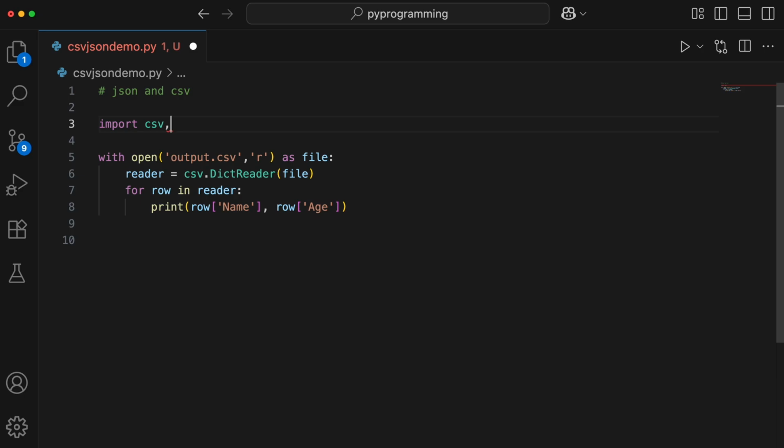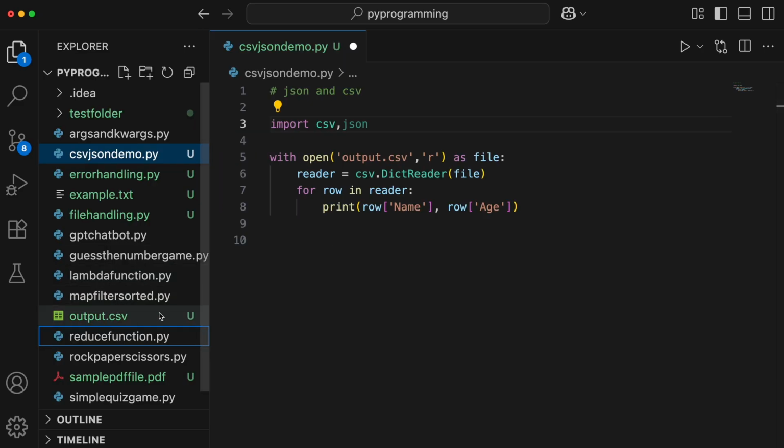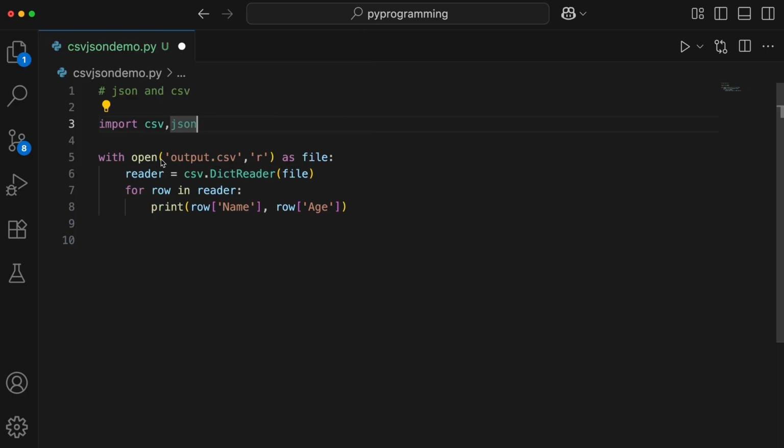So we would have to import csv as well as json. Now we are going to convert this output.csv into a JSON file, which will be output.json. So this line is fine with open. We will open this file. We are going to read it. And here let's change the name to csv_file. And then in the reader, we have to pass this name here. And then we'll pass the reader to a list. So I'll take another variable as rows, then list, and we'll pass the reader here.